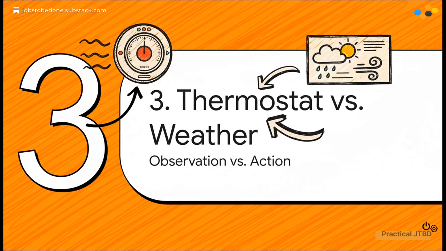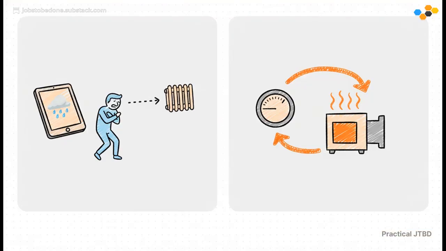Okay, enough doom and gloom. What's the fix? How do we get out of this trap? Well, the solution requires a total shift in our mindset, from just passively watching to taking automated action. It's all about building a thermostat, not another weather report. This is the perfect analogy, really.